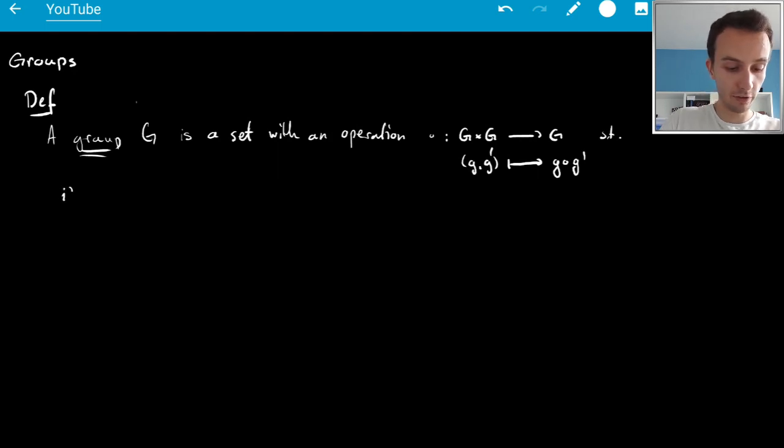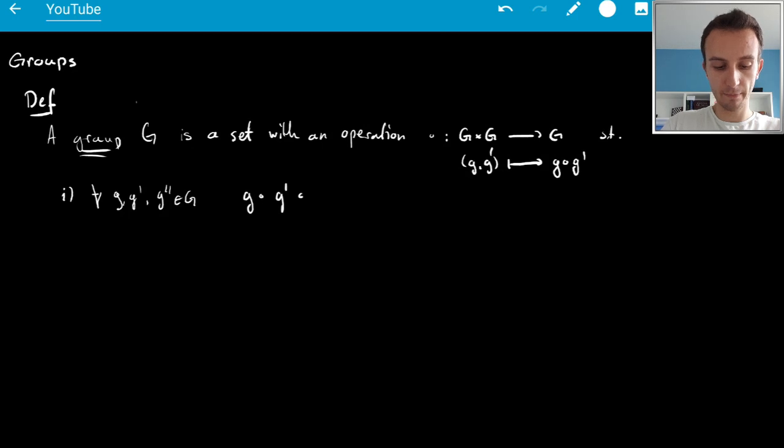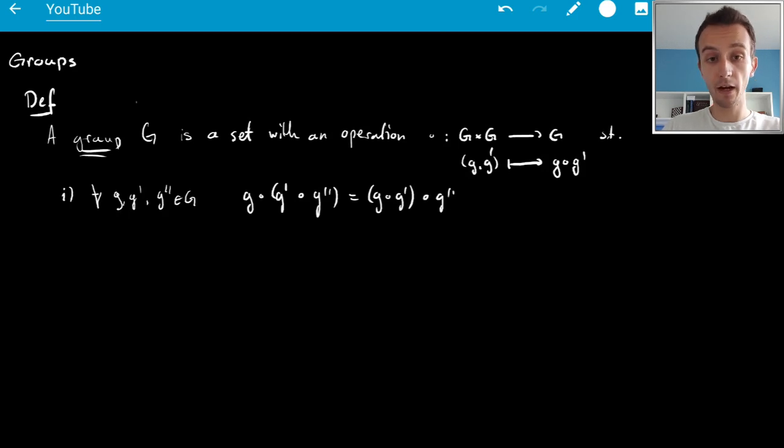First of all, we want for all g, g prime, and g second in G, that g circle g prime circle g second is g circle g prime circle g second, i.e. it's associative. The second property: there exists an identity element e in G, such that for all g in G,